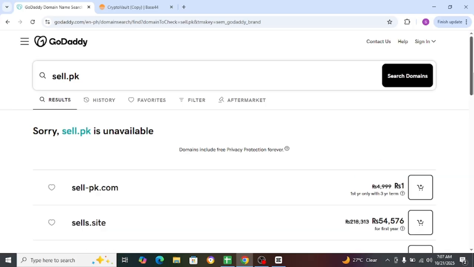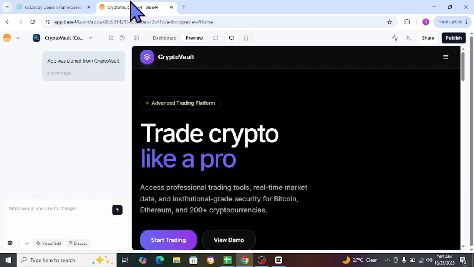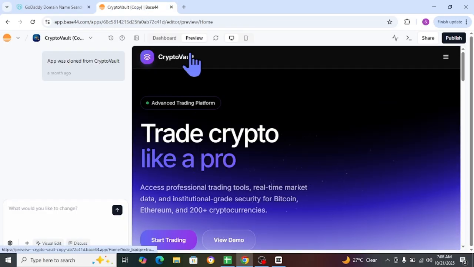it is not available, but some of our suggestions are available. So sellpk.com, sells.site, sellpark.com. Make sure you select one, and you will just have to purchase it from here. After purchasing, you will move to the Base44 app, and we will move